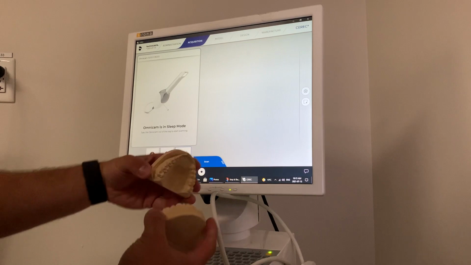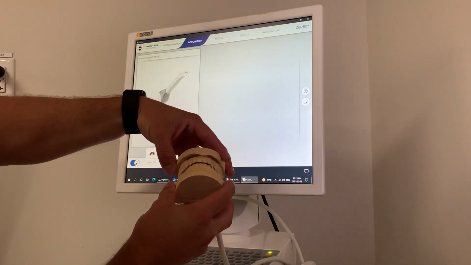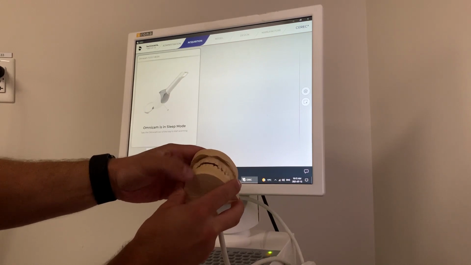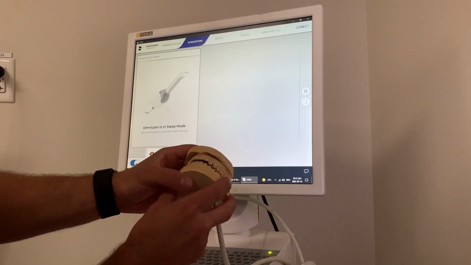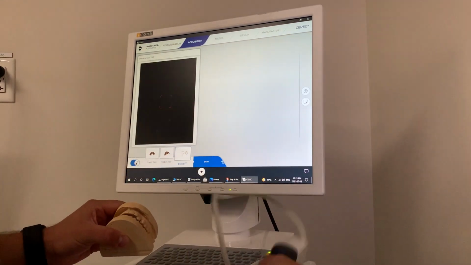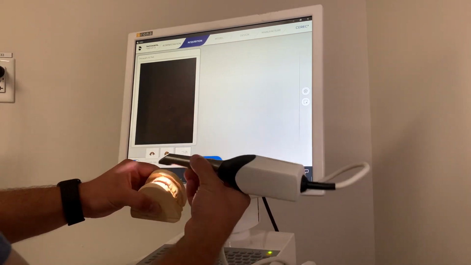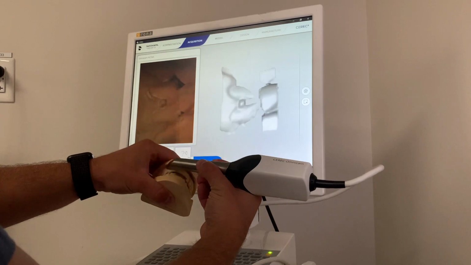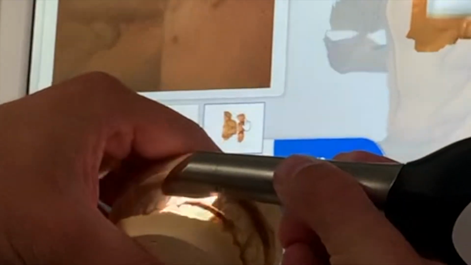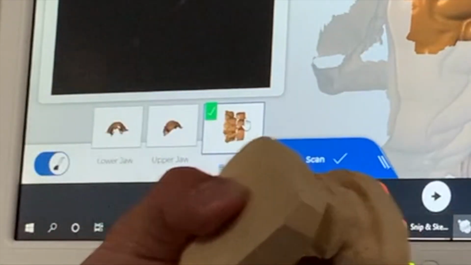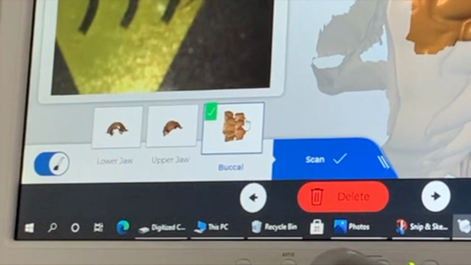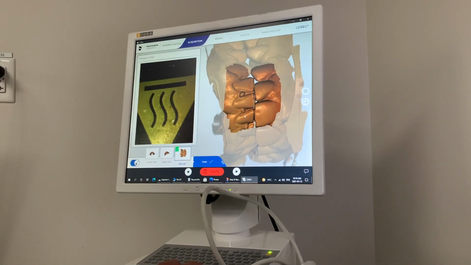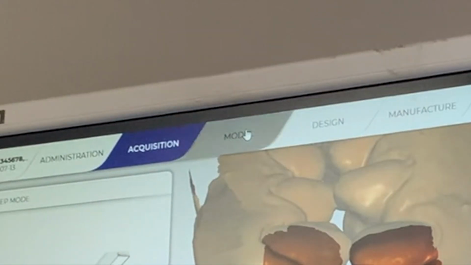To do this, we'll just put the two casts in occlusion. One thing to note is that the occlusion does not have to be perfect. This will simply help in saving the models in a more efficient manner. So once the casts are in occlusion, we will then scan them in occlusion just to get the buccal registration, and this will be completed when a green check mark appears at the top left of the buccal box. We can then put the Omnicam down, turn it off, analyze the buccal registration, and then click on the Model